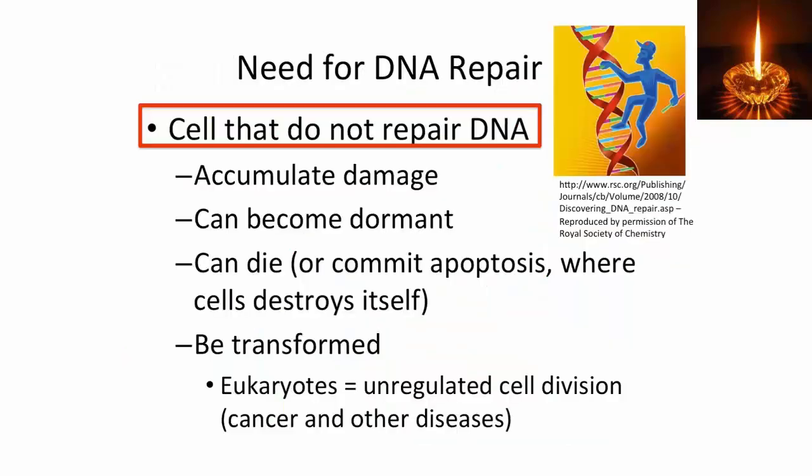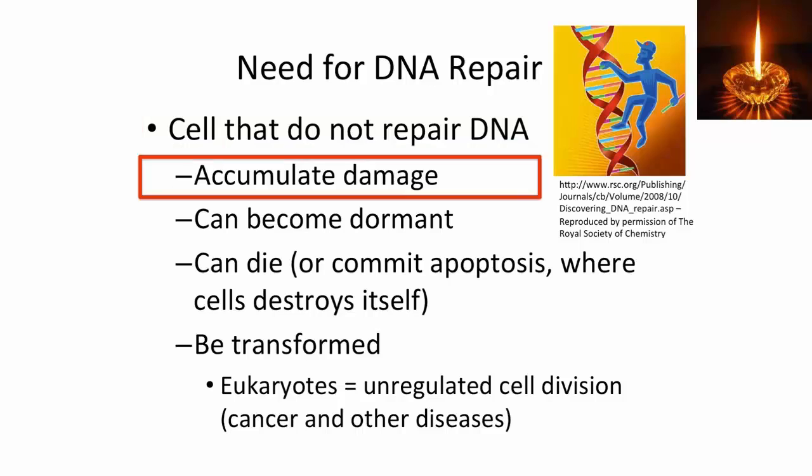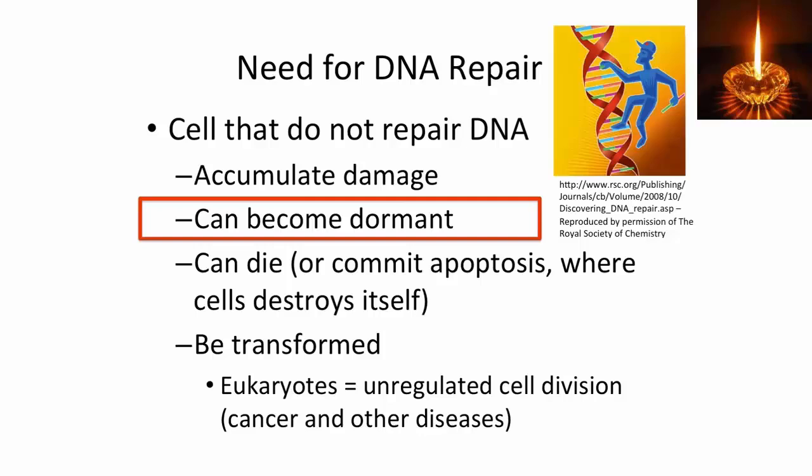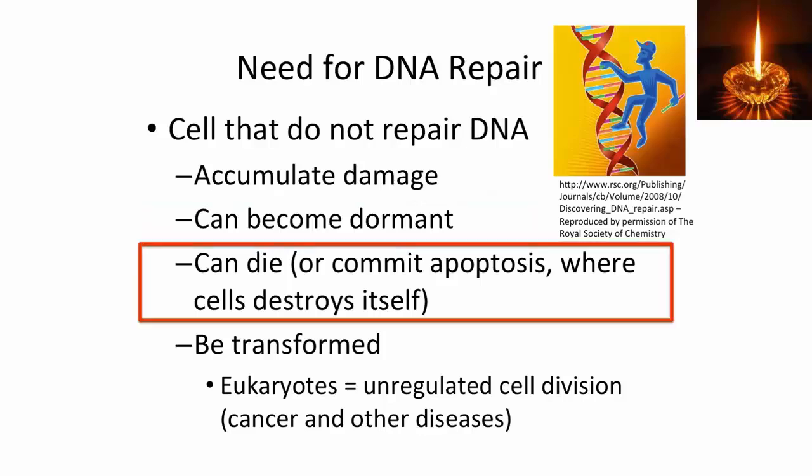And those proteins are critical because cells that do not or cannot repair DNA accumulate damage. One event happens, another event happens, and another. And cumulative damage can have combinatorial impacts on cellular function and survival, so that cells can become dormant, they can die or commit apoptosis, where the cell destroys itself, or perhaps in the worst case, particularly for eukaryotes, which have